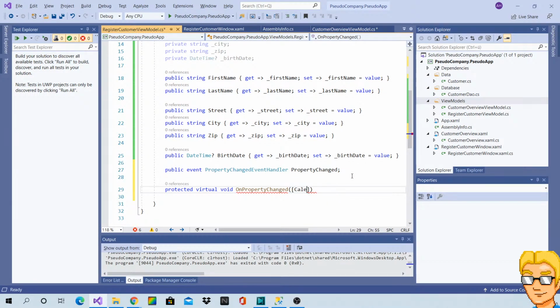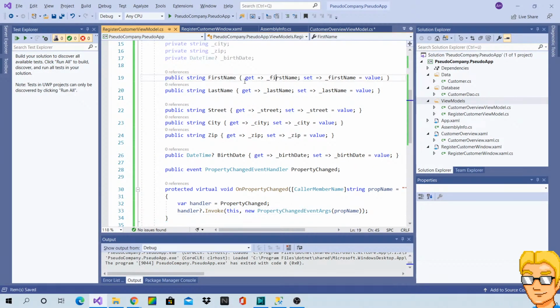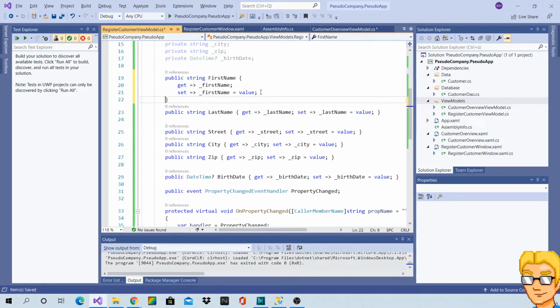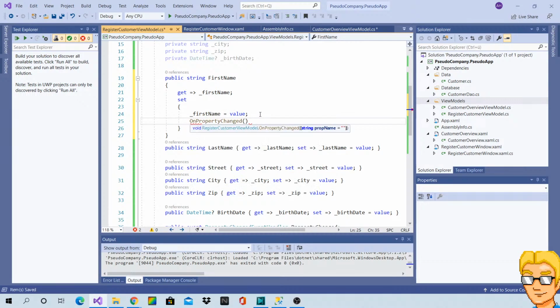Oh, no. Oh, no. And now I have to actually... I guess I should write a code snippet for that at some point, but I'll just have to do it manually now. So I can raise this event every time a property changes.